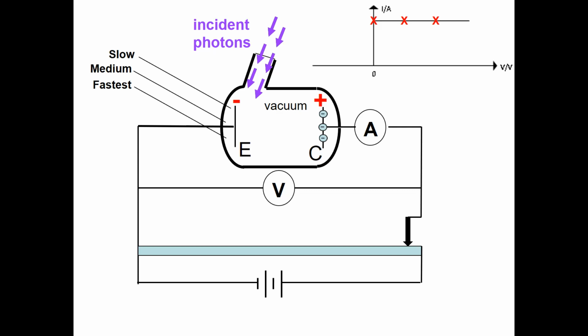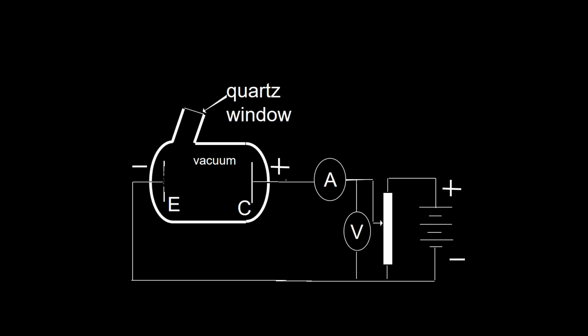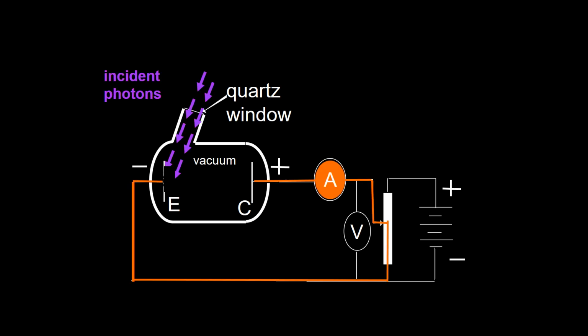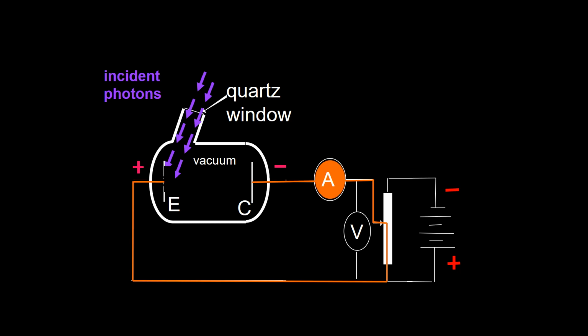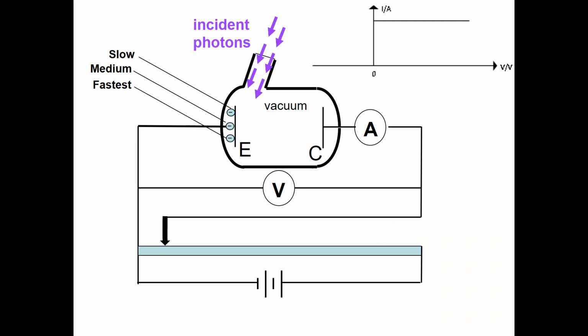Let me now talk about the negative V side of the graph. That's the interesting one. So watch what happens. Watch the screen. Sorry, the magic is not happening yet. Ready? No, not yet. Here, watch. Ready, go. I have flipped the battery around. Now what happens? The emitter side is now positive.